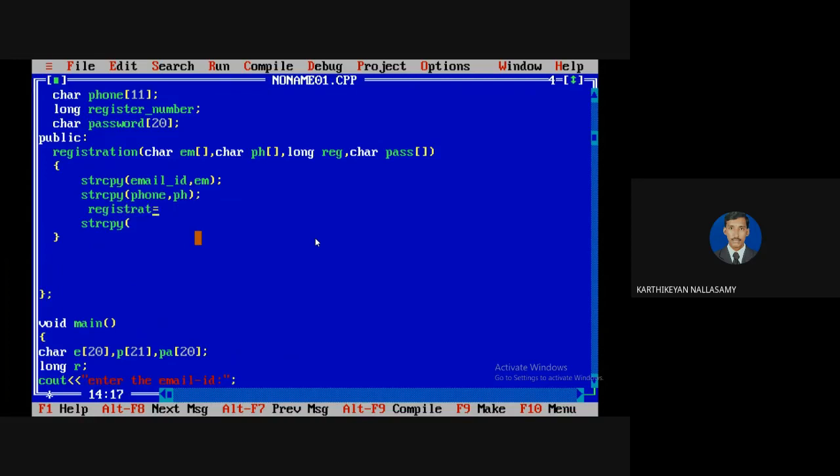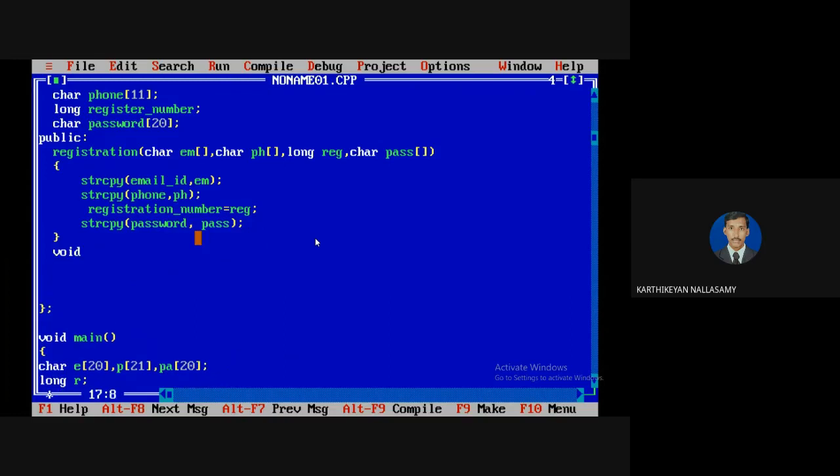So the registration number is equal to reg. The next one is I want to copy the password, comma, from pass. Because these are all local variables, even though it is a reference, it is an array. We know that whenever an array is passed as an argument, it takes only the reference, not a value.